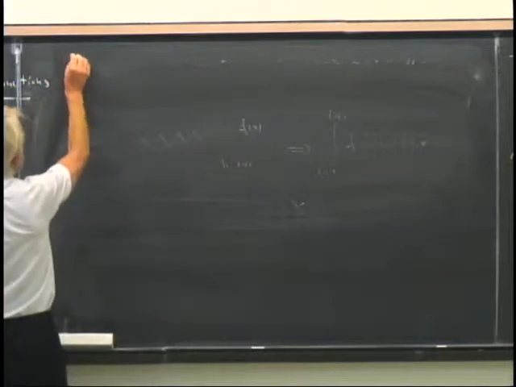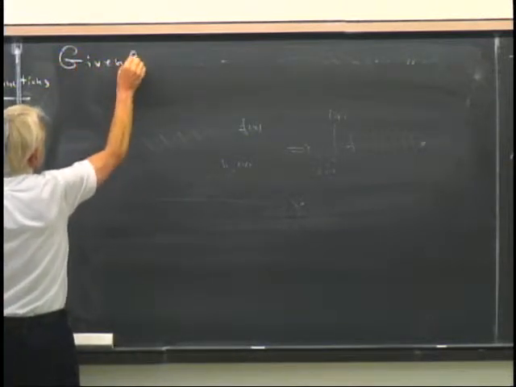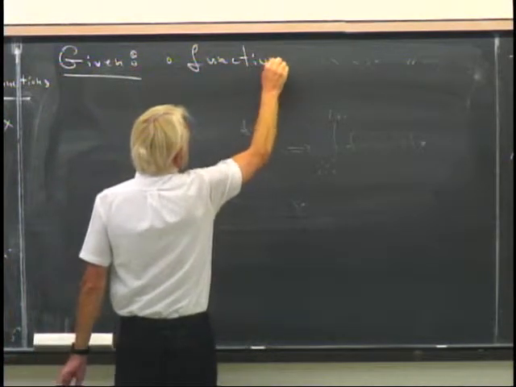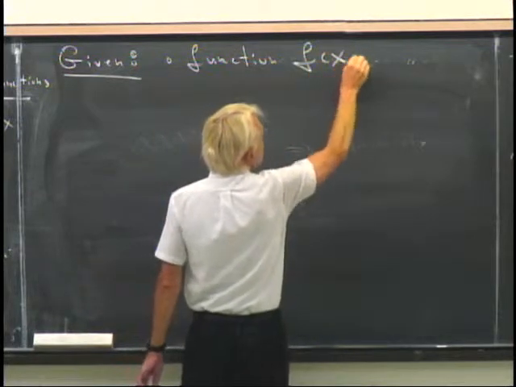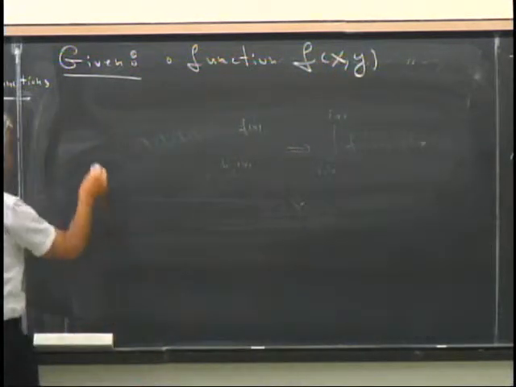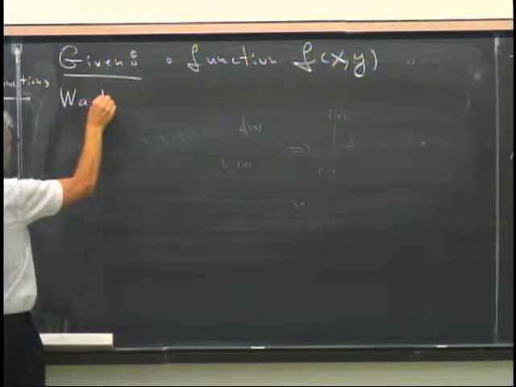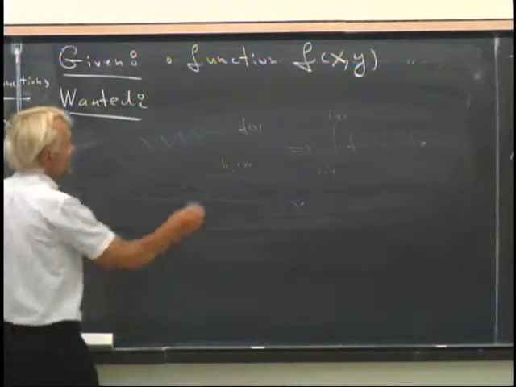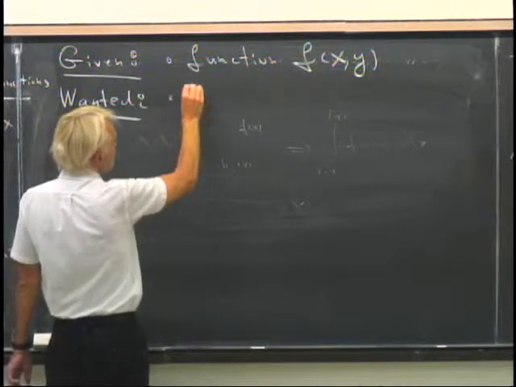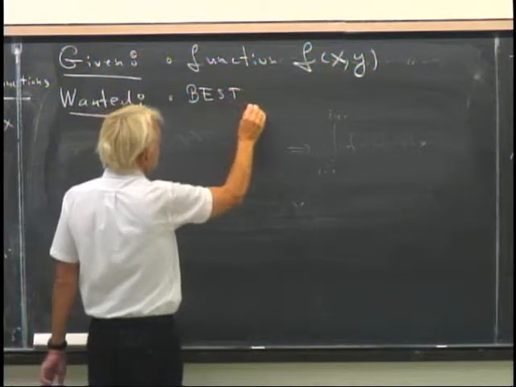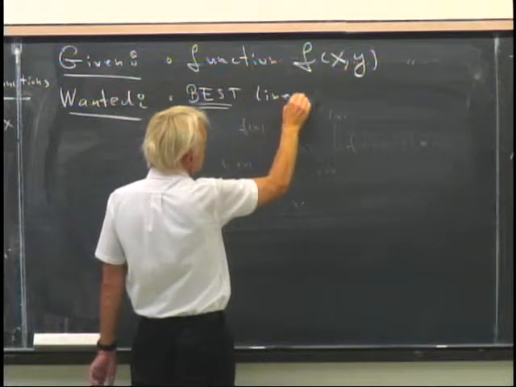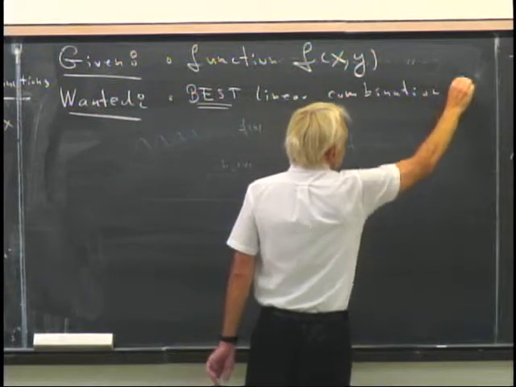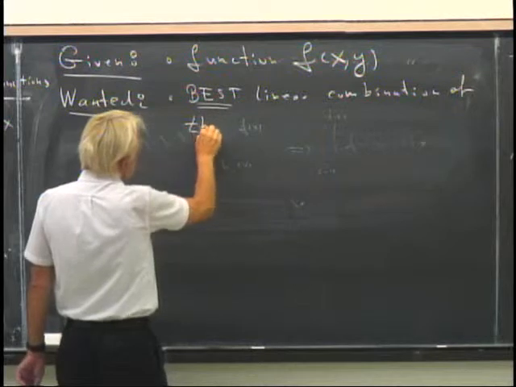So what's given in this setting? Given a function f of x, y, a function depending on two variables, and wanted, the goal to be computed, is the best possible linear combination of these hat functions over a fixed triangulation. The best linear combination of the form